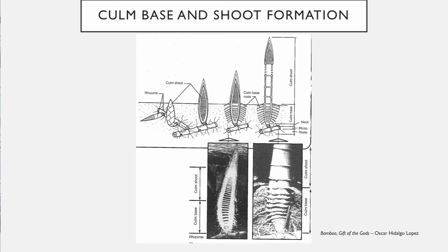It's fascinating the way that bamboo grows. The shoot comes up out of the ground. The shoot already has, and you can see it both in this graphic image and the actual underground photograph, all the nodes established. So these will be all of your nodes, and as it grows, the space between the nodes stretches out